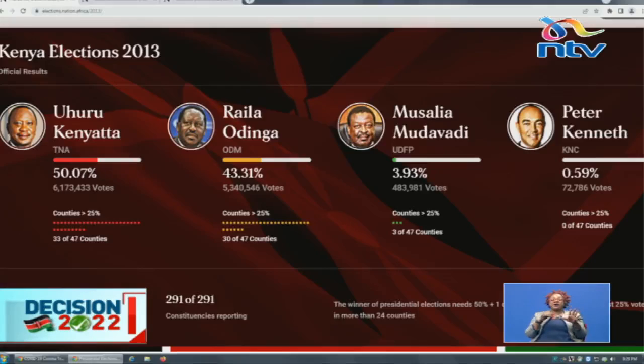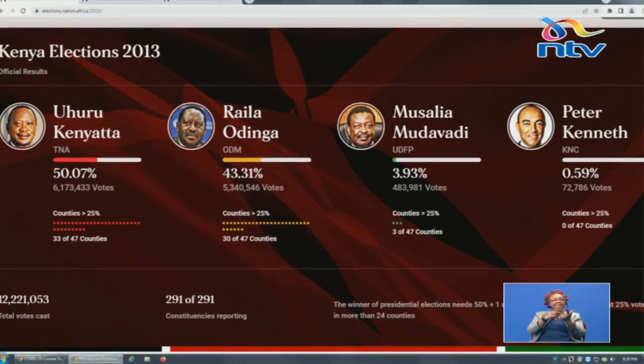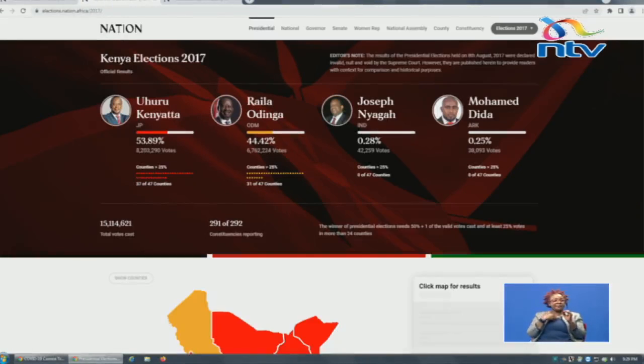So where you can get them, first of all, just to simplify them, is to put them out straight up. If it's 5 votes, it's 5 votes. So again, on elections.nation.africa, that's where you can get all your election data, legit information. The page we have on is the 2013, like I showed yesterday, for the benefit of those who may not have caught it. And we have the 2017,